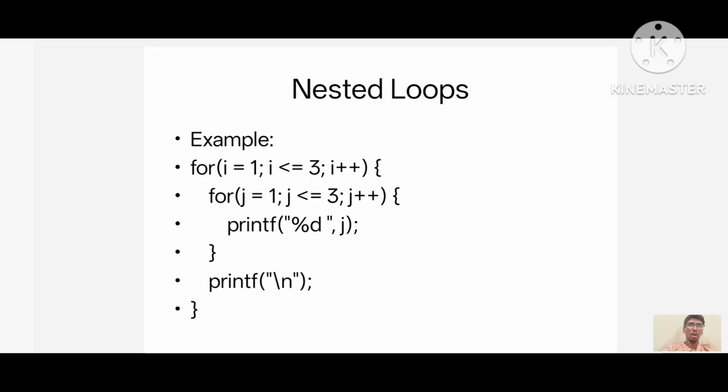Nested loops. We can also use loops inside another loop. This is called nested loops. It is often used in programs like printing patterns or working with matrices. Example: for (i = 1; i <= 3; i = i + 1) { for (j = 1; j <= 3; j = j + 1) { printf("\t"); } printf("\n"); }